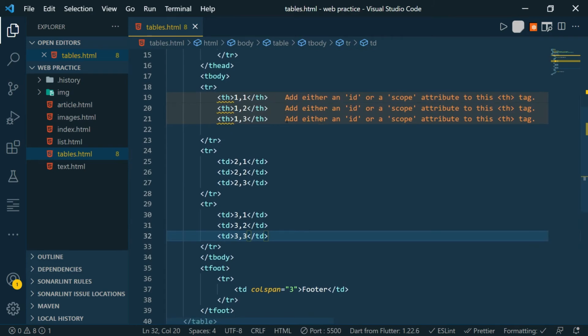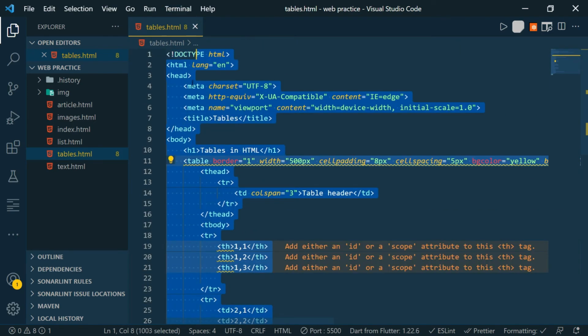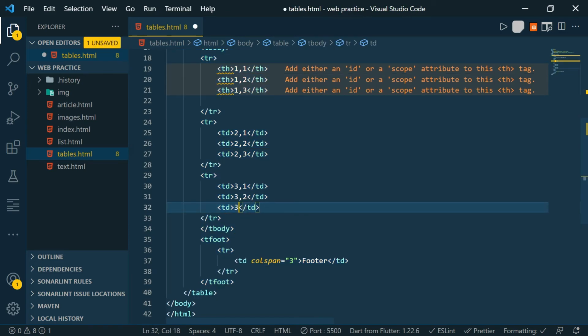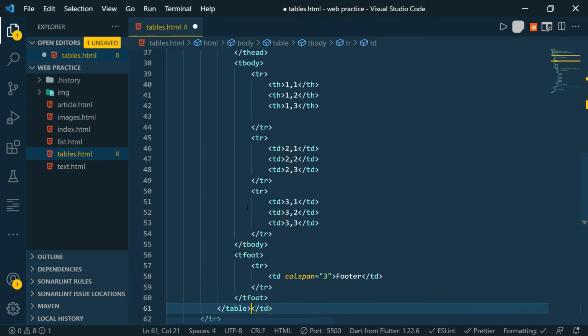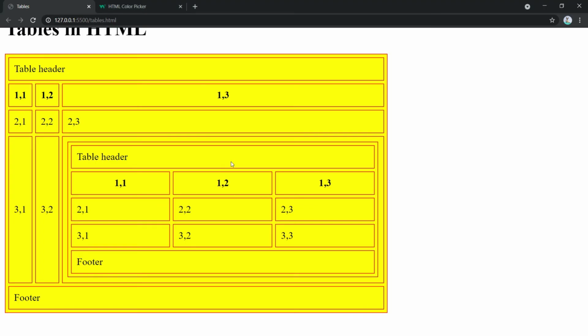That means we can add a whole table in a single cell. Let's see how it is done. We will copy our already created table and add it to a single cell. We have copied it and we'll add it to our last cell. As you can see, our last cell has become a whole table itself.